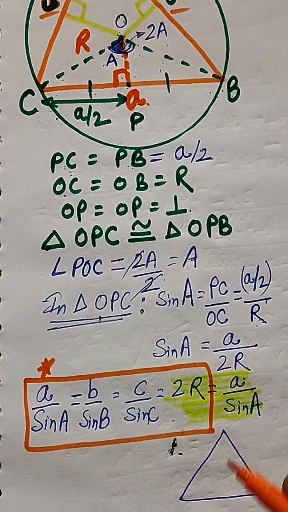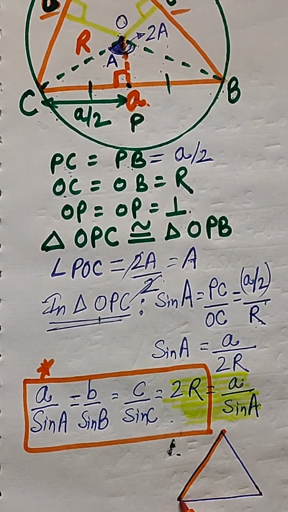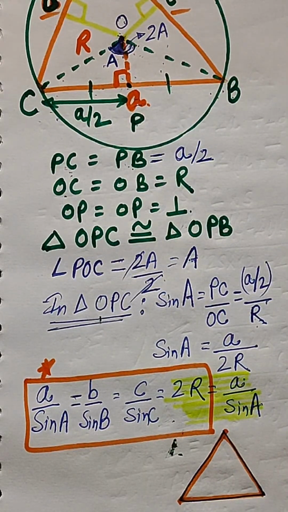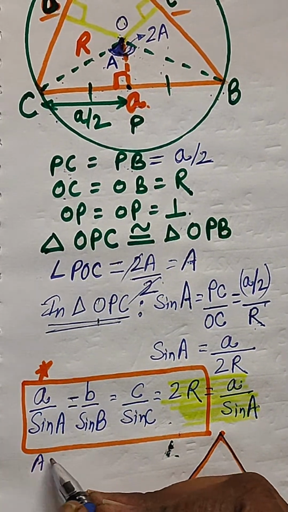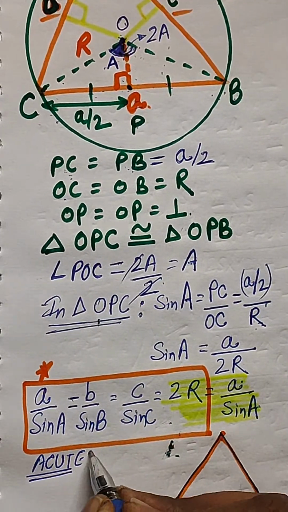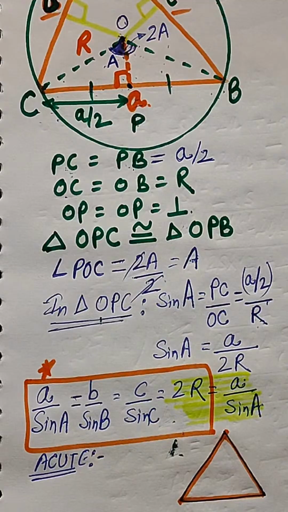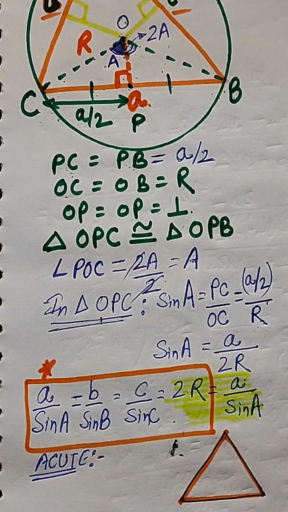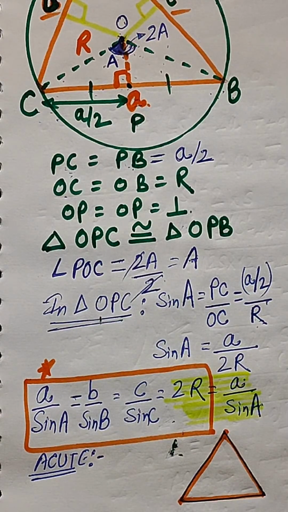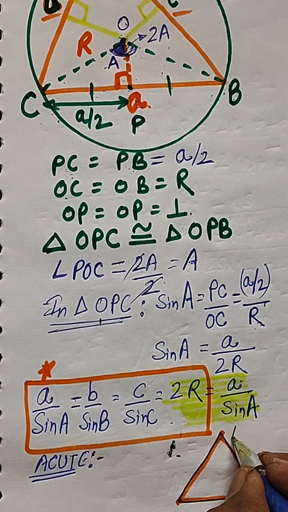This is the triangle with us. We'll consider all three cases, that the triangle can be acute, obtuse, or a 90 degree. For an acute angle triangle ABC, let me write A,